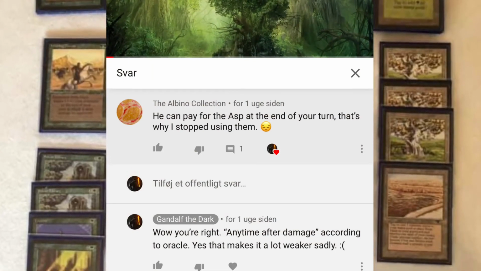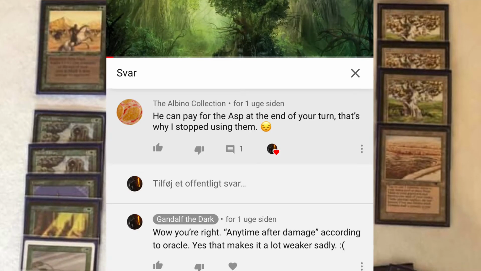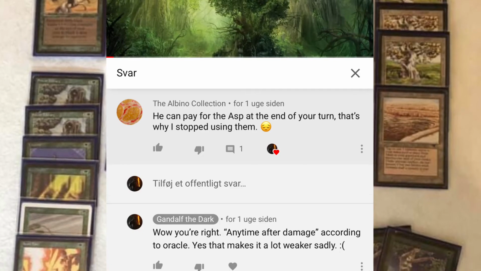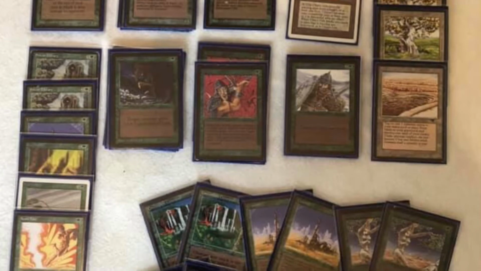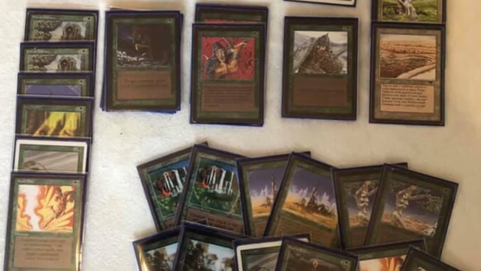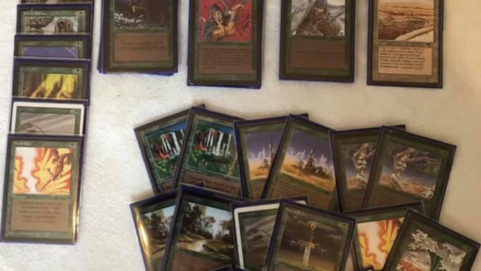It was a user named the Albino Collection, and he pointed out that with the Nav's Asp, the opponent can pay the colorless mana actually before his own untap phase, and it still works. It doesn't have to be an upkeep, and that nerfs the Nav's Asp quite a bit in my eyes. Still okay, but a case could be made to take them all out and then replace those with the Godian